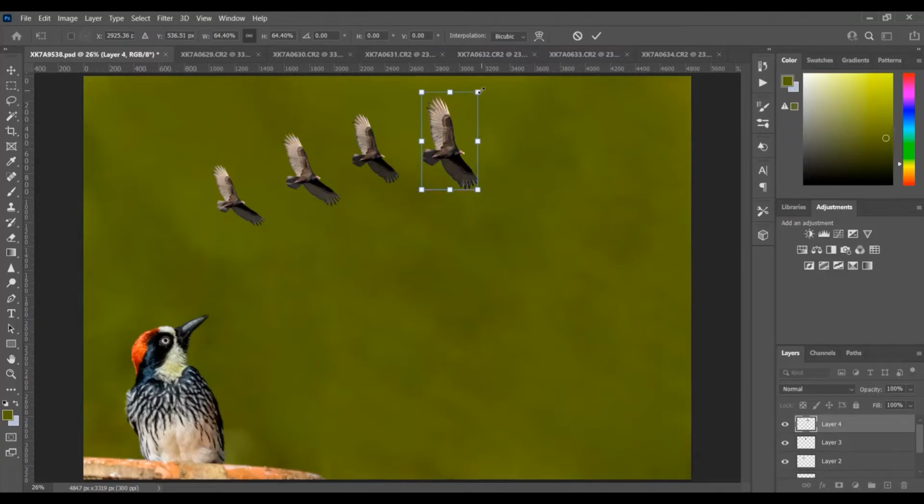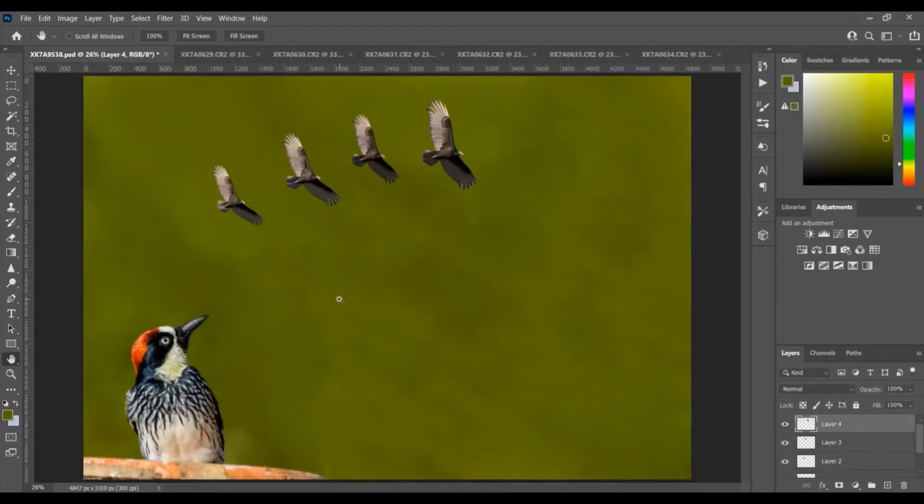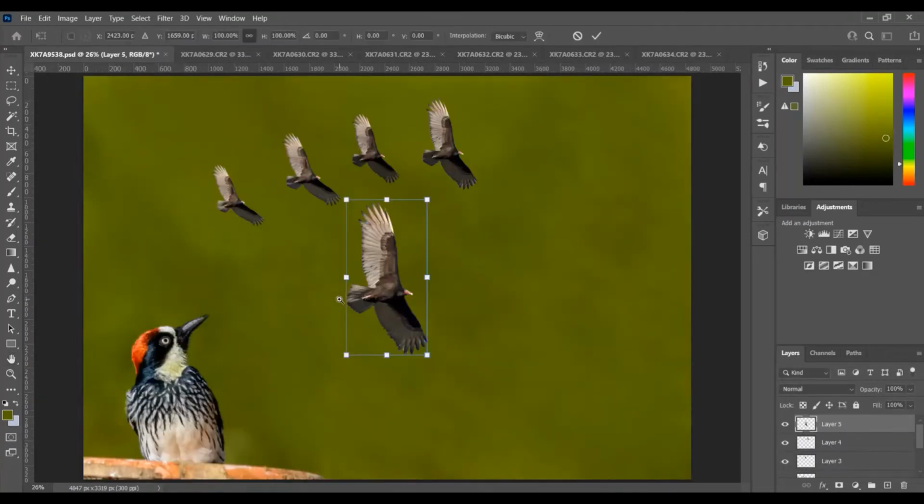We will do the final placement once all the things are here.